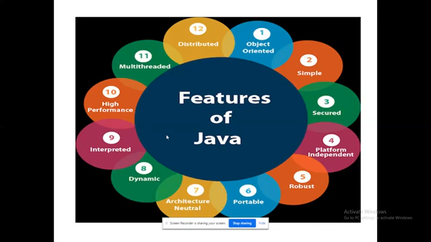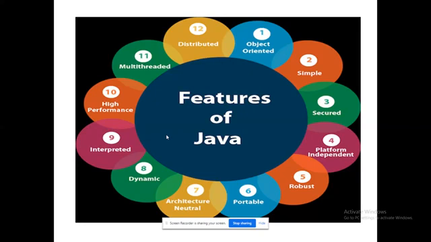Next, dynamic. Memory management is completely possible here dynamically. That's the idea. Interpreted. The Java execution environment sticks to the JVM. Part of the JVM is the Java compiler as well as the Java interpreter. High performance. It can work with all high-end applications. We will see all these points as chapters in the forthcoming units. Multi-threaded. Concurrent programming is possible, parallel processing. Function 1 and function 2 available in the same method will run in parallel. Distributed processing, the emergence of cloud computing, grid computing, everything could be possible from a basic Java application.